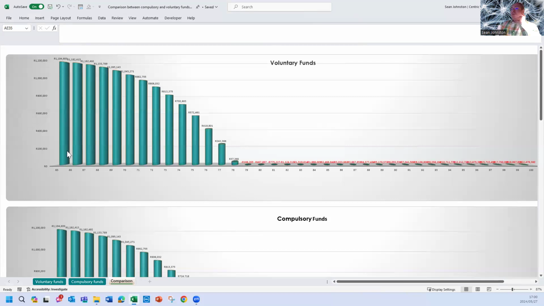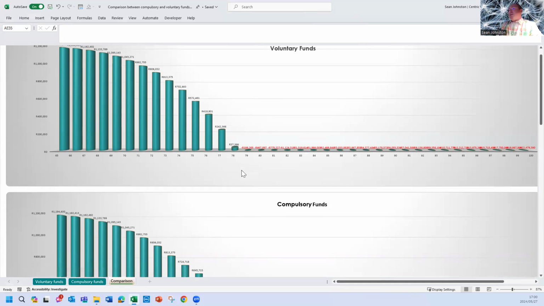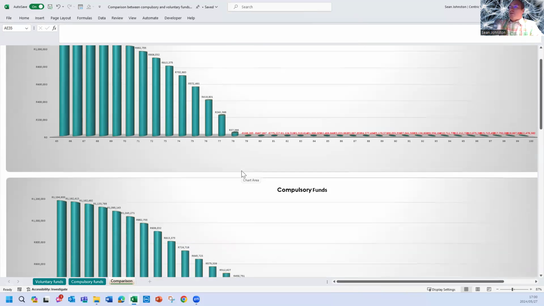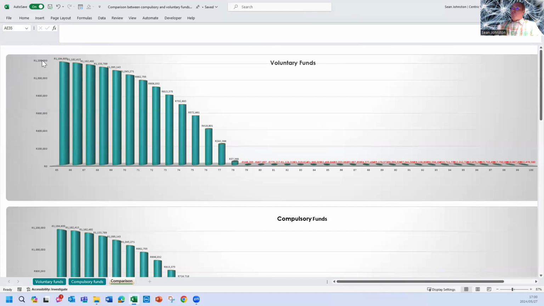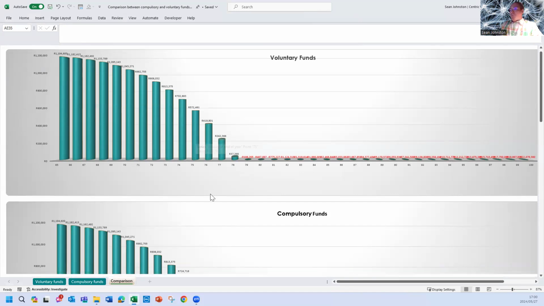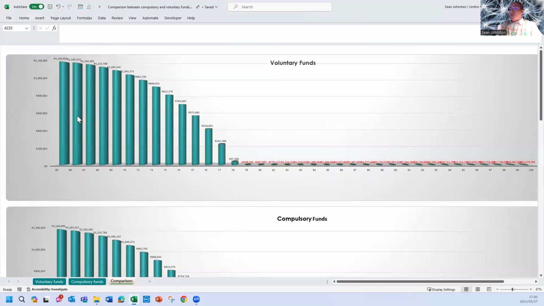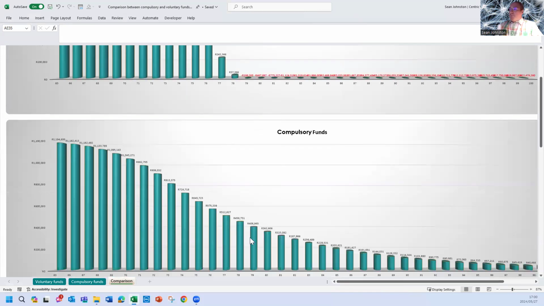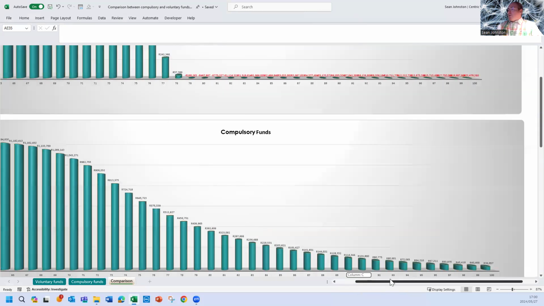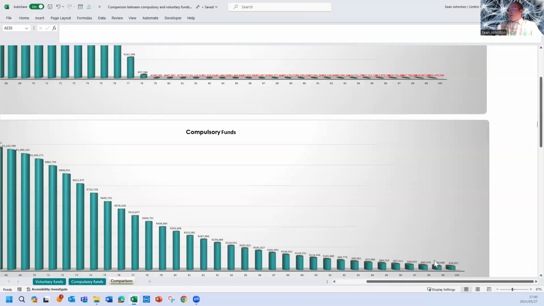This is the voluntary funds from the age of 65. And as we can see, by the time the client gets to around 79 years of age, their voluntary money of 1.2 million is completely depleted. However, with compulsory money, which is why this was introduced for retirement funds, 65 is the retirement age, exactly the same income as you can see. But because it is capping at 17.5%, the money will last even beyond 100.